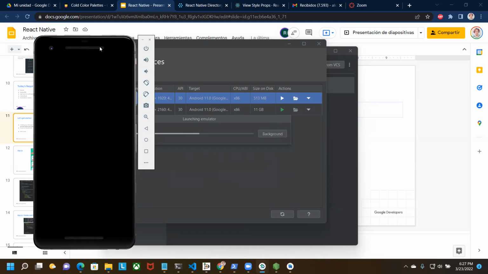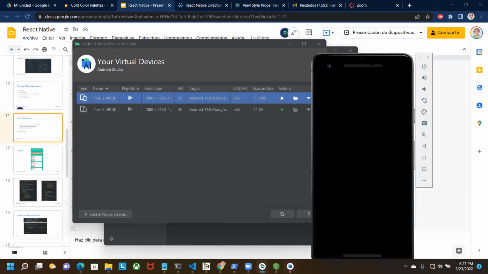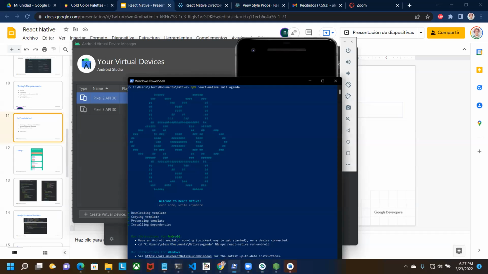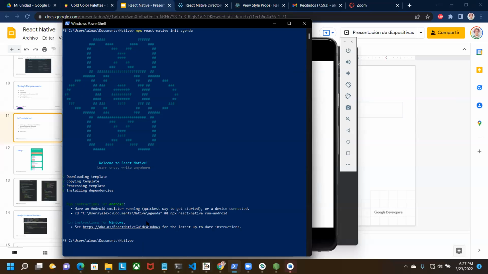Okay, this is the antivirus, don't worry. Okay, now that it is up, let's wait until it's loaded. And we can actually turn it on. And let's see if our application is already created. Yep. All right. So now I'm not gonna run it because I'm gonna be running the actual application we have